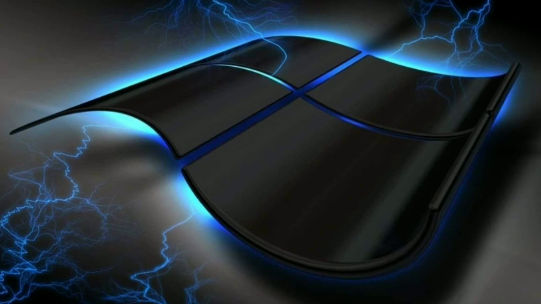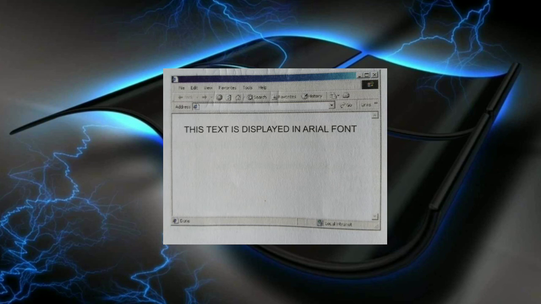Now, can you see this window? In that window, you will get the result of that font face tag. Can you see? This text is displayed in an Arial font. This way, you can give different handwriting font style to decorate or format your